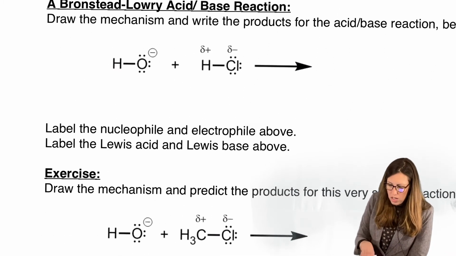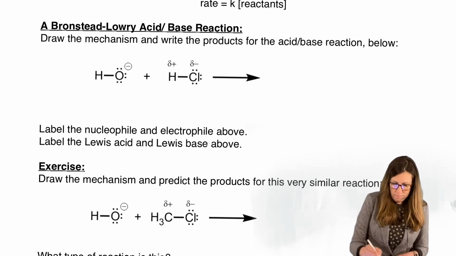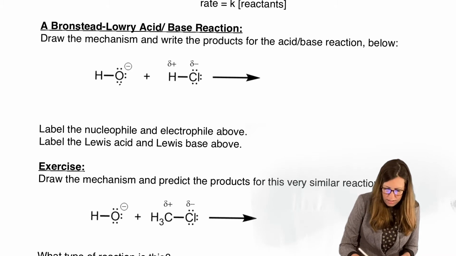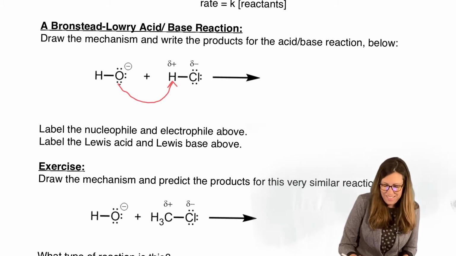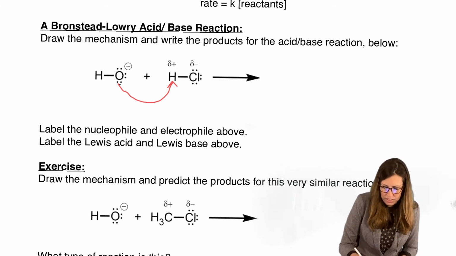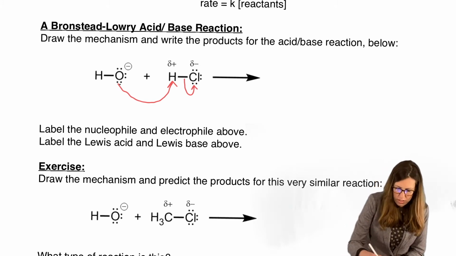All right, so we are going to take advantage of a reaction we already know to learn the new one. Good old-fashioned acid-base. You know what happens here. Lone pair, follow along with me, takes that H, that proton. The lone pair is attracted to it. That full minus is attracted to that delta plus. H must relinquish that bonding pair and leave it with chloride. Okay, so what does that look like?